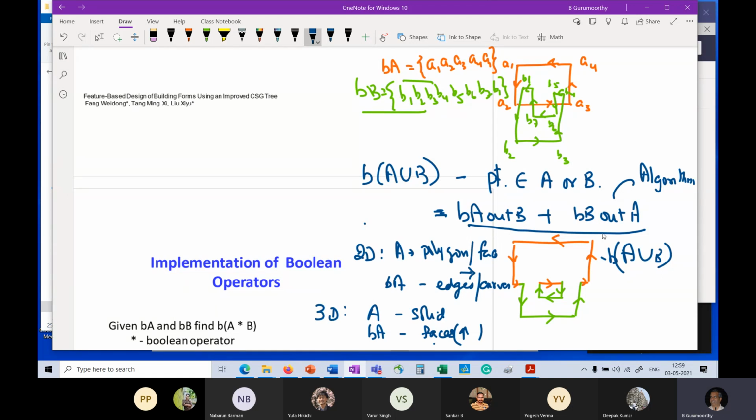This result will work. What I mean by that is that instead of this 2D case that we have here, if you had the 3D case that we want to solve, let's say, for example, some object which looks like that, right, then it will work exactly the same way. All I have to do is take the elements of the boundary of A that are outside B and the elements of the boundary of B that are outside A, assemble them together, keeping the orientations as I picked up from the two respective parts, and that will be my result.